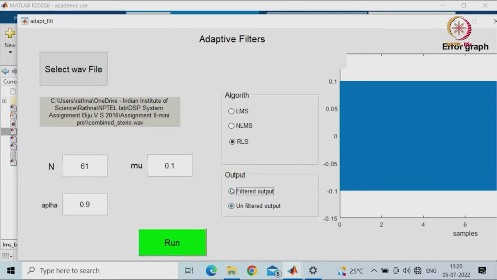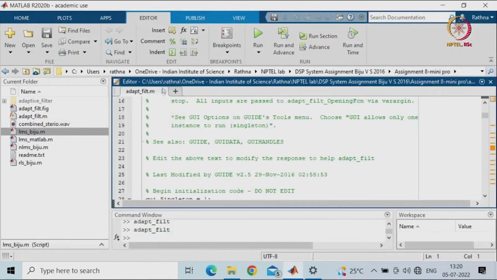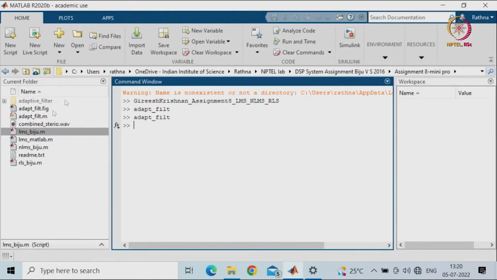Okay. So, we have seen the filtered output, correct. This is the way how you can design your adaptive filter. Now, what we will do is we will take up